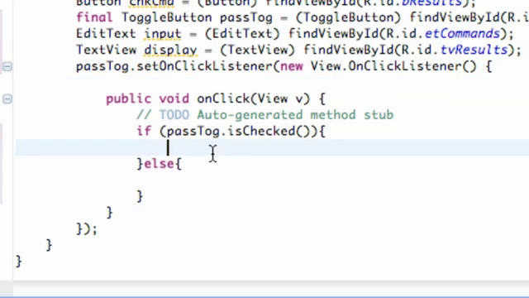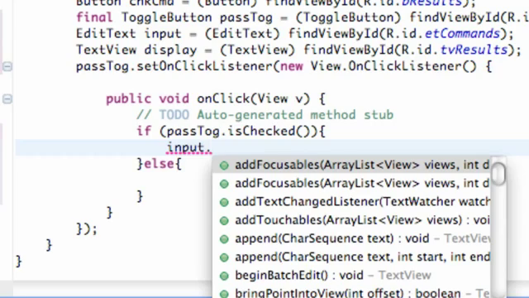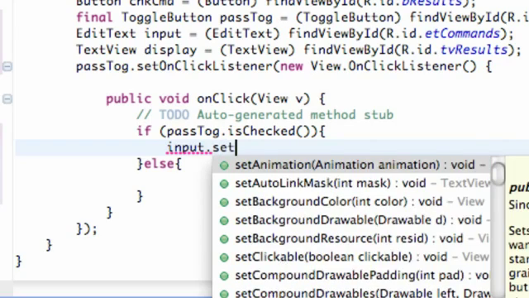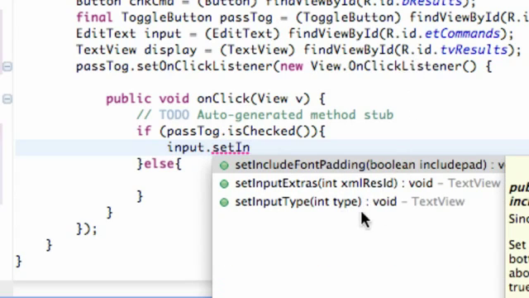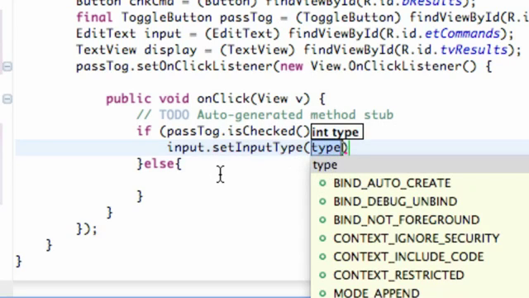Now what we can do is use the EditText variable that we set up here, which is referenced to our EditText in the XML, and we're going to change that. We called the EditText input, so we say input, hit dot, and then we're going to set the input type. Basically, there's the password type in a text view, or a number for the most part. You can make them only be able to put in numbers, stuff like that. So we're going to use the method set input type, and as you can see it's a text view type for the most part, and within the parameters,